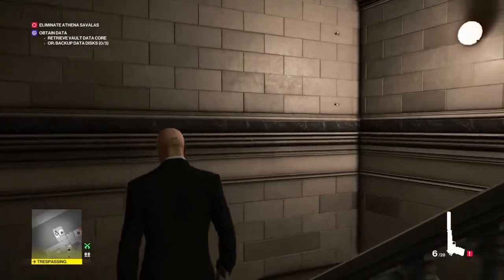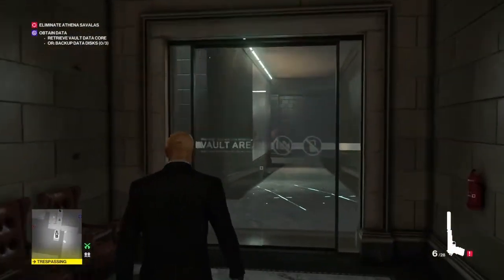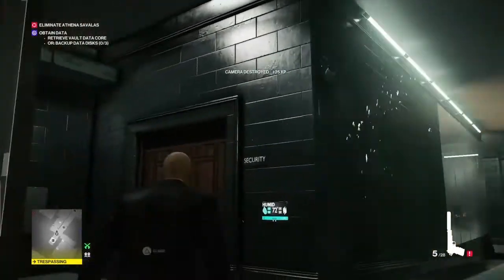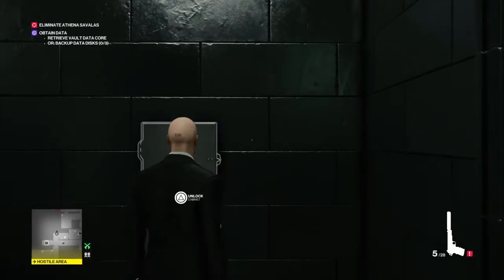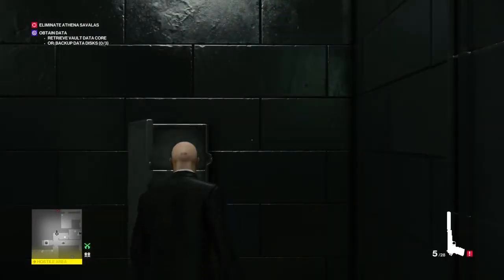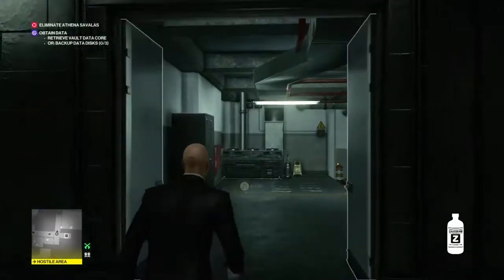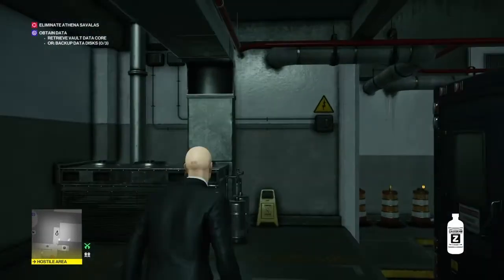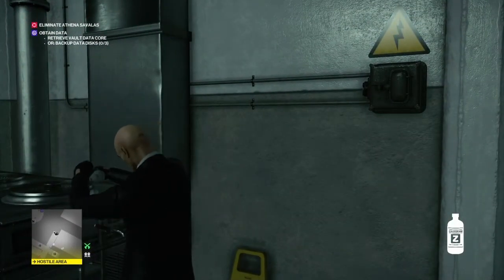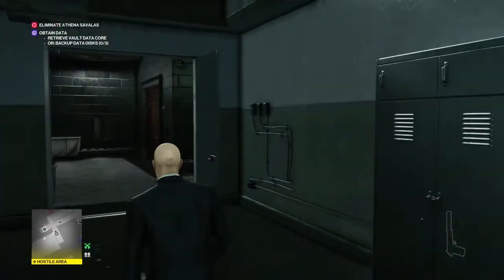So everything basically will, up to this point, be as normal. We're going to get the data core. So at the bottom of the stairs, we're going to take out the camera on the security office. We're going to lockpick the cabinet that's just to our left. We're going to retrieve the chloroform and then make our way behind us into the loading dock, where we will find the ventilation system. We're going to add our chloroform to the ventilation system, make our way back to the security office,